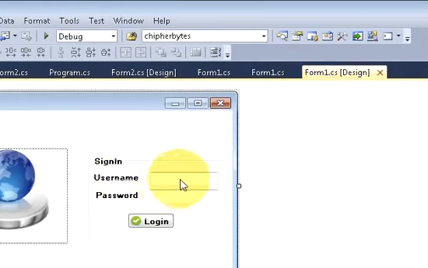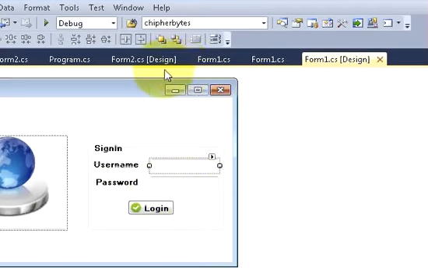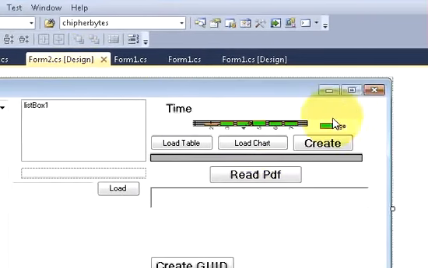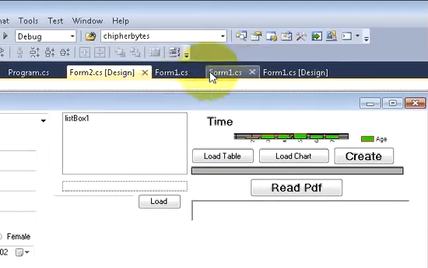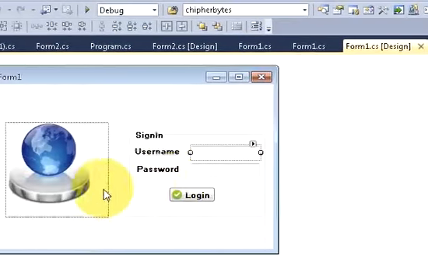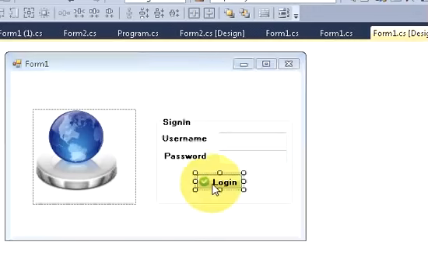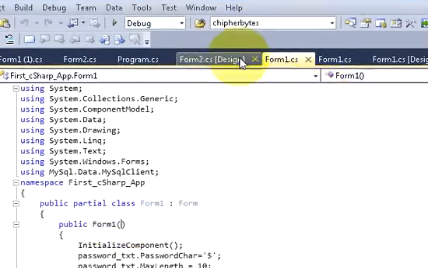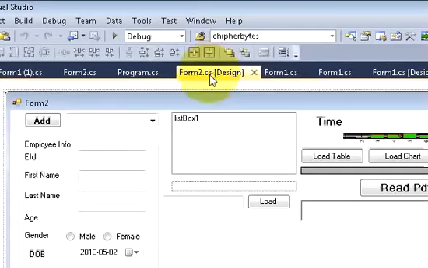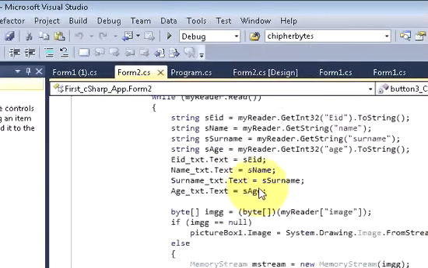So whatever username I enter in this text box, I will pass to the second form, and it will say something like welcome, username. So once again I will go to the code of the second form,